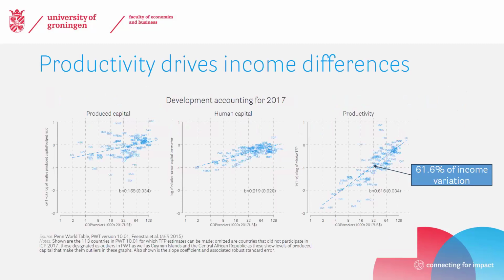In all these setups, you get to a point where you say, well, if we look at variation in produced capital and human capital, that's going to do something to account for these income differences, but not all that much. So at the end of the day, we're still left with a considerable amount of income variation that's stuffed into the residual. In this particular setup, it's more than 60% of the income variation.